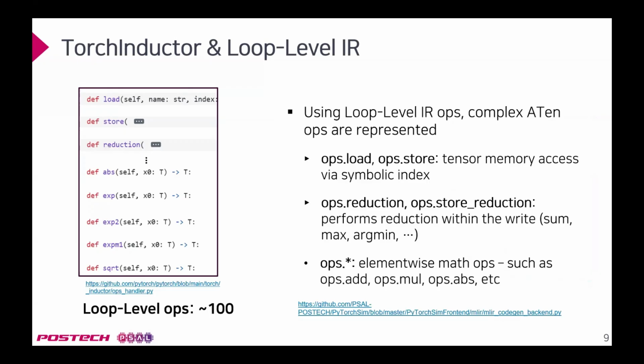Here, ops.load and ops.store handle tensor memory access through symbolic indices. Then ops.reduction and ops.store_reduction perform reductions like sum, max, or argmin. And there's a family of element-wise math operations like ops.add, ops.mul, and ops.absolute, and so on. And these about 100 operations are sufficient to express any ATen operation in a way